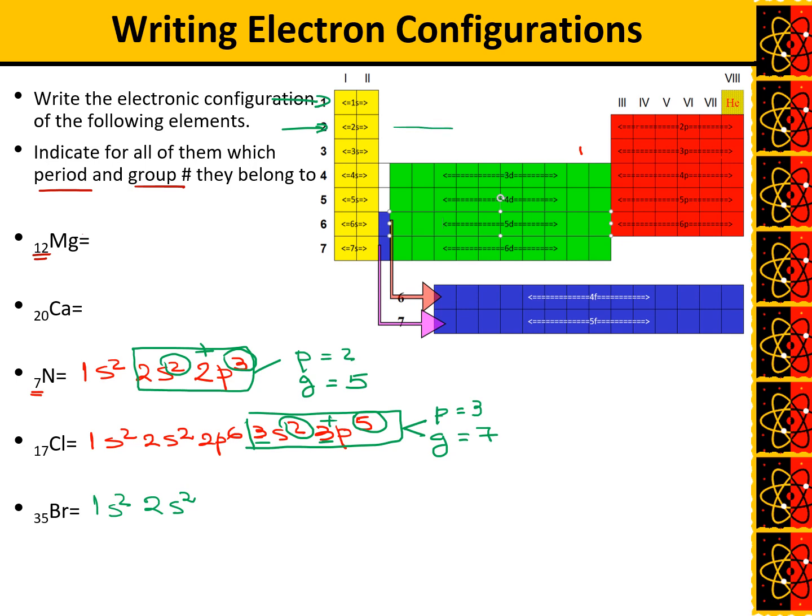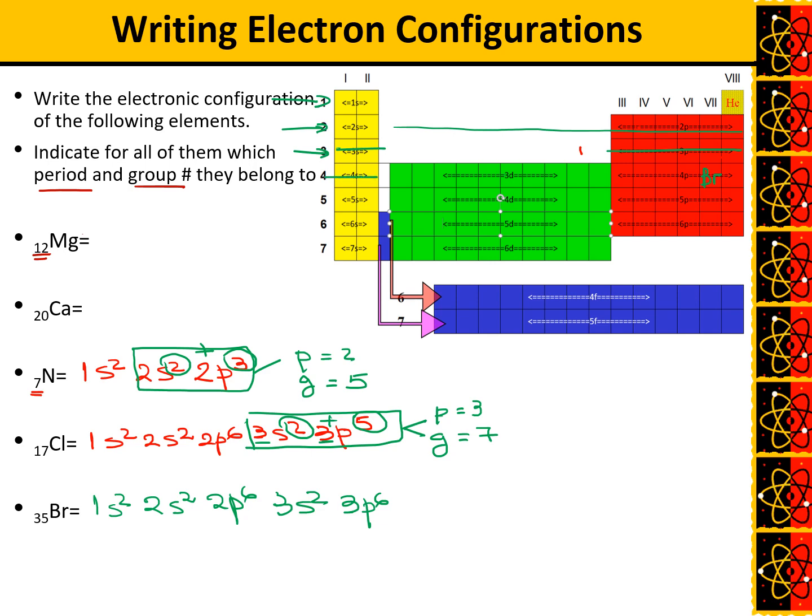Then here, 2p6. And bromine is here, just in case. So we need to complete everything up to that level, 2p6. Then we have to jump to 3s2, then 3p6, because this one is completed and this one is completed, and